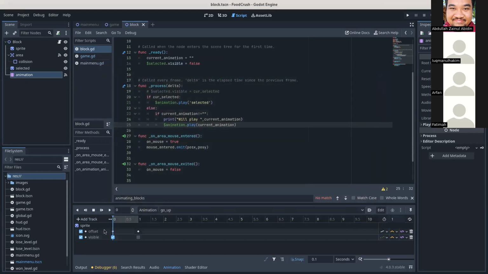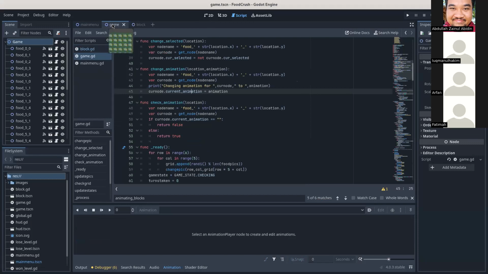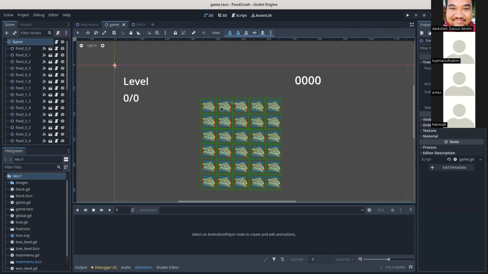Okay, so we set so that at the end of the animation it becomes invisible. So when it becomes invisible, the user cannot see that once this one has already moved over here, it actually moved back over here because everything is being reset. When we change the information of the grid,